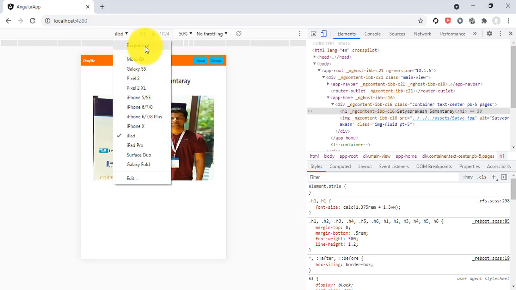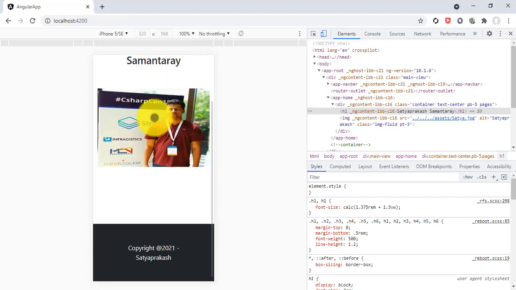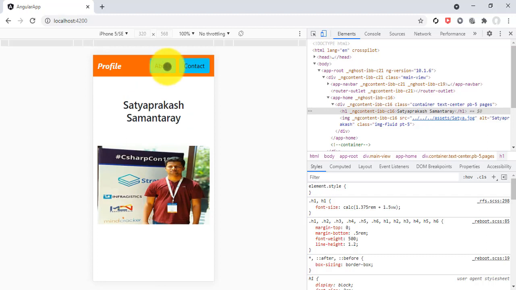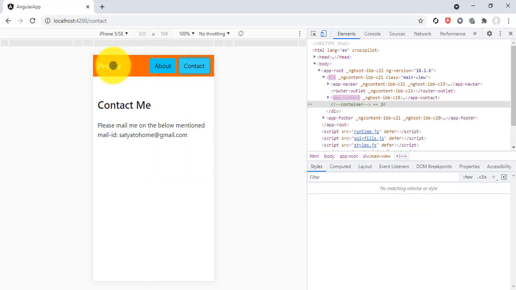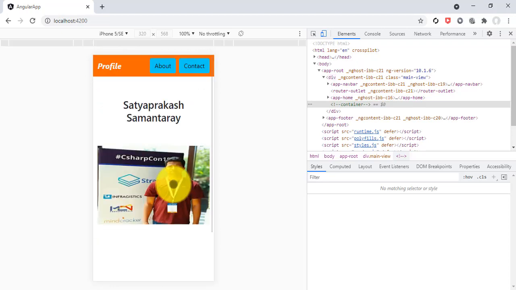And if you click iPhone SE, you can see that for the iPhone SE smartphone device screen, our Angular application is adjusted as per the device screen resolution. If you click about, contact and home, it is available in responsive format.